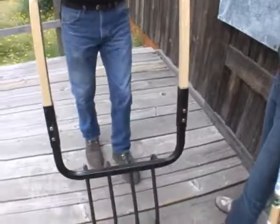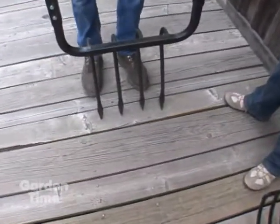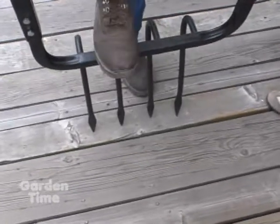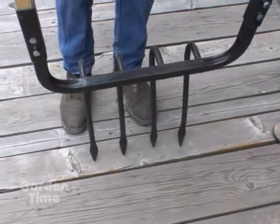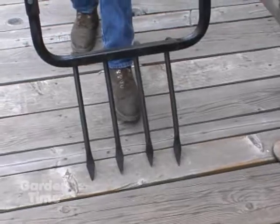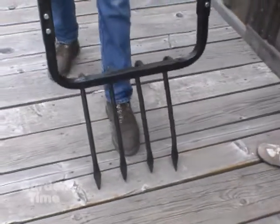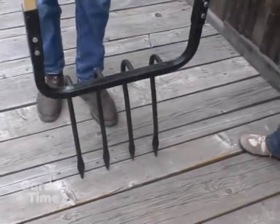Then imagining that this board right here is the trench, you come back a couple inches from the edge of the trench, you step on this, drive it in. Because it's negative space in front, it's going to go in very easily. And then you pull back to break the soil loose and then throw it into the other end of the trench. Then you drag the tool back another couple inches and do the same thing, and you repeat, and you